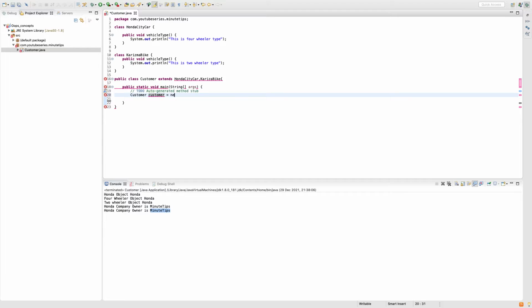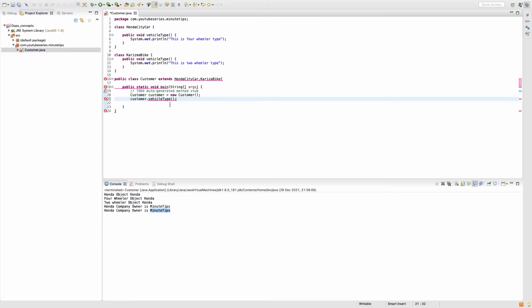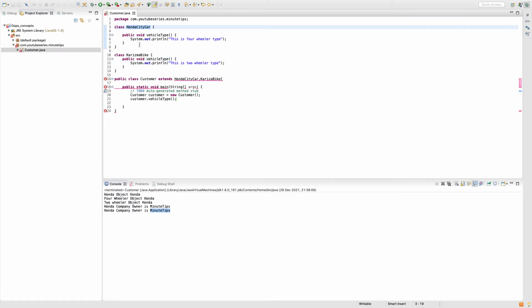At runtime, if I have created my customer class object, new customer, and let's say I am trying to access my method vehicle type. Here at runtime, how will Java know which vehicle type method to call, because this method is present in both the classes, Honda City car class as well as Charisma bike class.